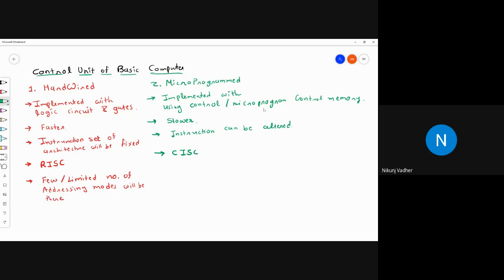In the microprogram control unit, we can have more addressing modes.